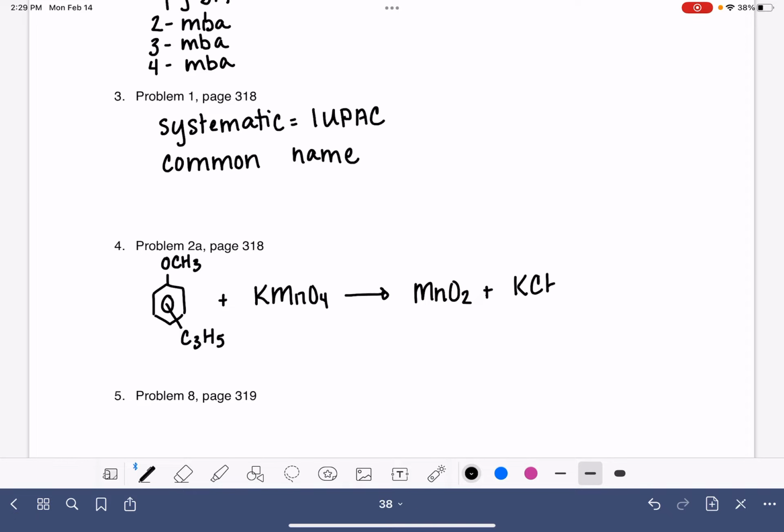KCH3CO2. And then it tells you that the reaction mixture is alkaline, which means that, if you want to, you can add hydroxide ions to the left-hand side of this equation. You could also add hydroxide to the right side if you really felt like it. Basically, what it's saying is you're not going to be able to balance this equation just with those 4 terms. You're going to have to add other molecules to it. OH minus is going to be one thing that you need to add. And also, if you want to add water,